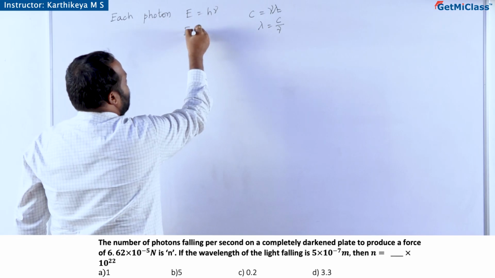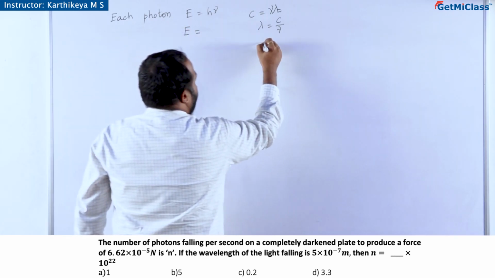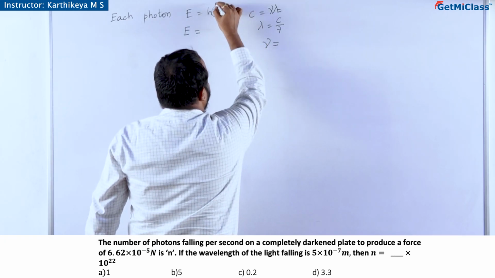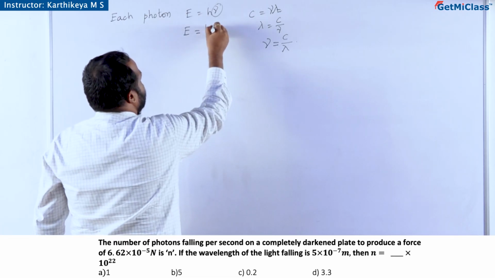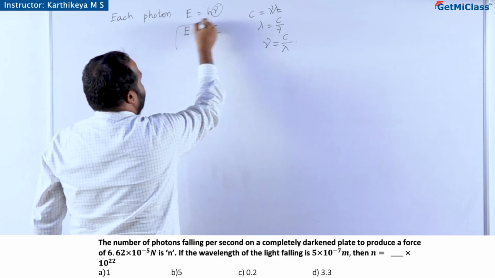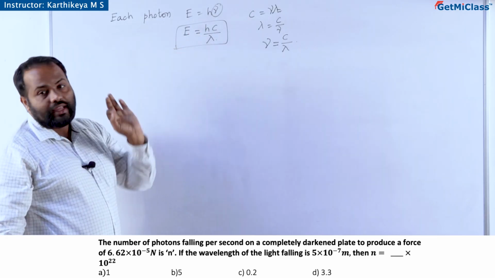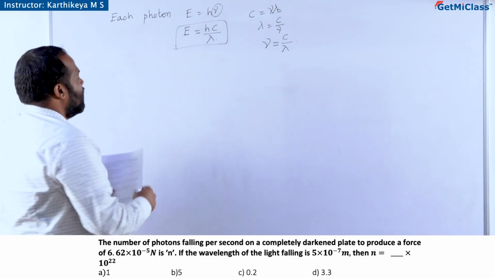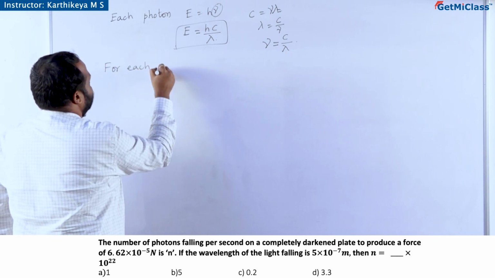So, energy also becomes, or else nu I can write. I have to substitute nu, right? So, that will become C by lambda. So, it is hc by lambda. This is the energy produced by each photon. So, for each photon, power